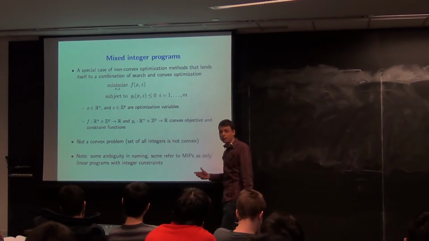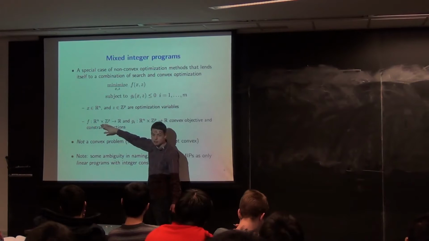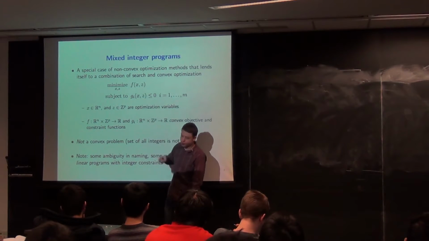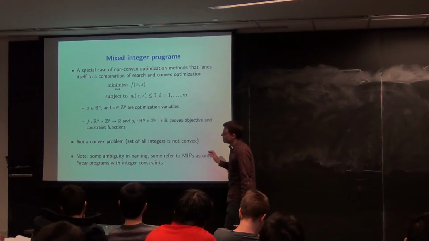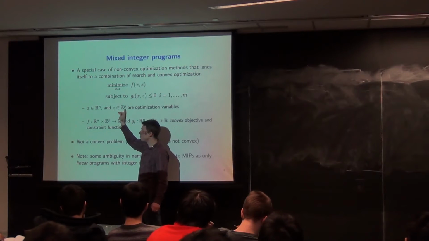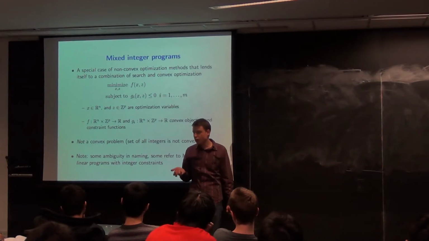And those are variables we're optimizing over. The constraints and objective are still convex as they were before, but this is still a hard problem. And it's hard, sort of, maybe obviously, but maybe not obviously. It's hard because these z variables here have to be integer valued, and the set of all integers is not